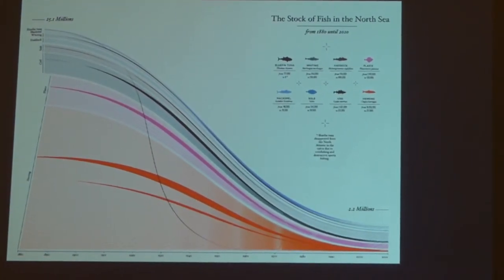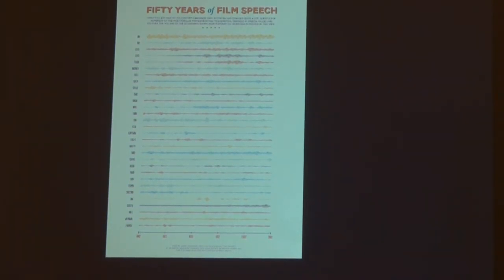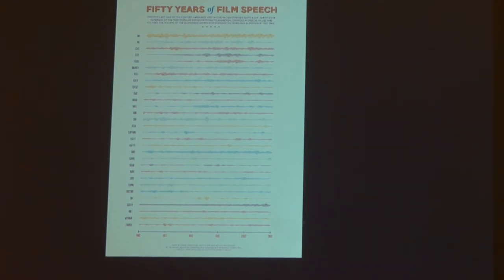Not good. This is one of my favorites, also made by students, because it sort of brings everything together. They did a lot of data prep beforehand. Not all of that can be done in notebooks. So their visualization was about taking 50 years of film speech. So basically they took the subtitle data of films for the last 50 years, of the 50 most popular films for each year. Out of that they took the 50 most popular words, and from those they made these sound waves that basically represent how frequent that word is used over time.